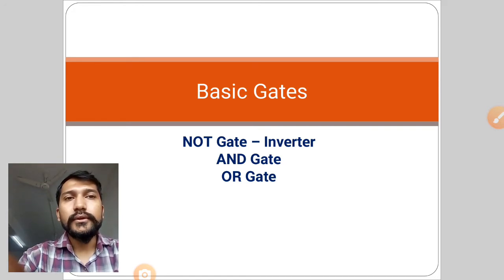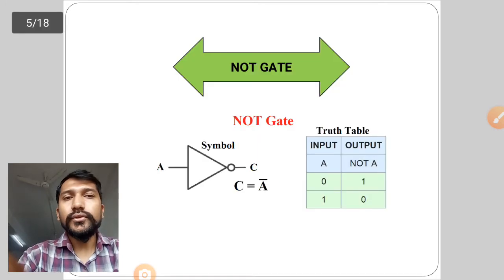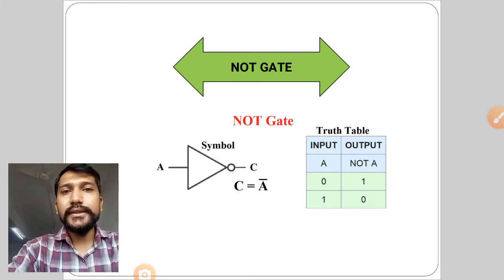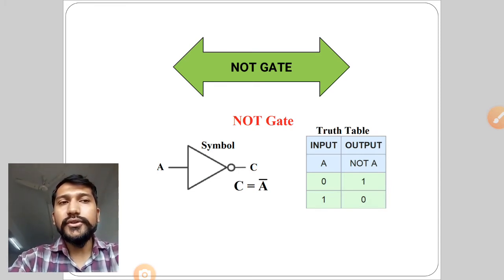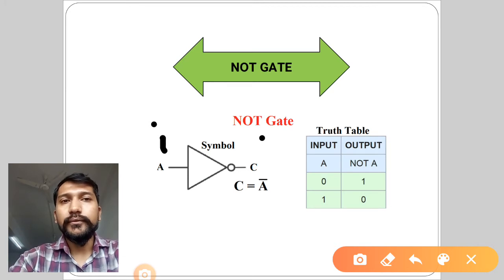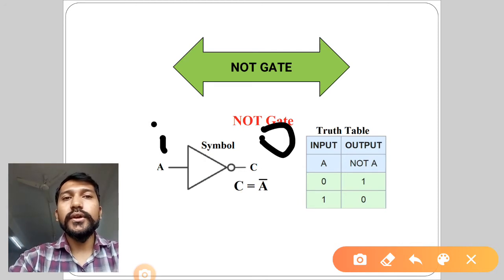So let us move further. Let us start with the NOT gate. So this is your NOT gate. What operation is a NOT gate going to perform? It is basically acting just as a bubble. Bubble means whenever I give input 0, I will get output 1. If I give 1 as an input, I will get 0. This is my input and this is my output. If I give here 1, it will be 0. Why will it be 0? Because it is acting as an inverter. If I give here 0, it will be 1. So this is the operation which a NOT gate is going to perform.